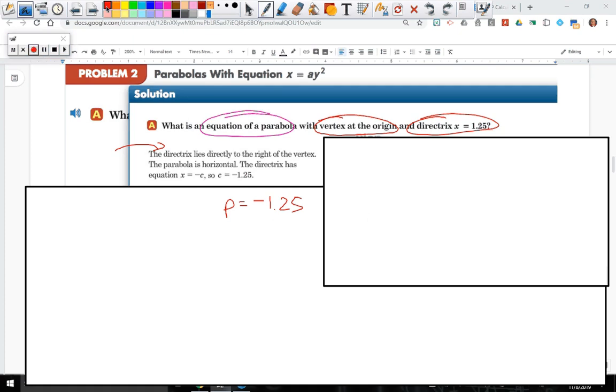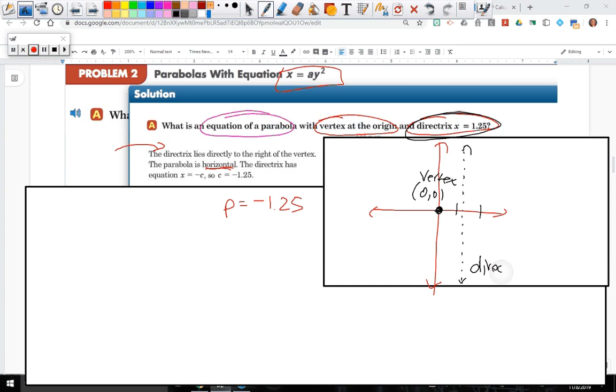Here we go. What is the equation of this parabola? So they did mention that it was going to be a horizontal parabola. The vertex is at the origin. Like I said, drawing it helps a lot. So 0, 0 is the vertex. The other thing it said was x equals a number is a vertical line. So at 1.25 is this directrix, which you should have labeled